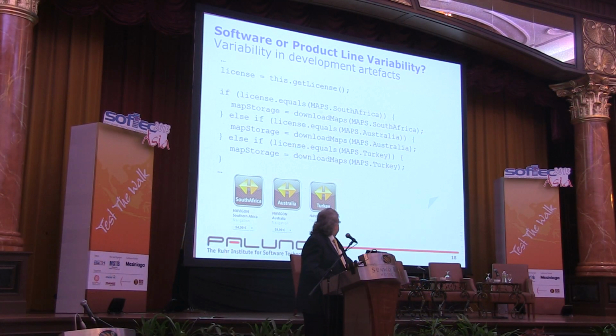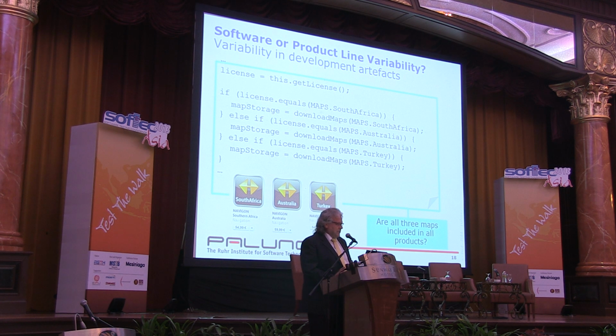Next idea, we look at code, a very simple code fragment, just an if-then-else statement. So you have a navigation system, and there are 3 types of map from South Africa, Australia, and Turkey. I should have said Valencia, I must say. And if you look at that, again, you cannot tell if all 3 maps are included in all products, or if at least one is included in a product based on a statement. You cannot really tell the difference between the products which can be developed under this product line. It's also a very simplified example.